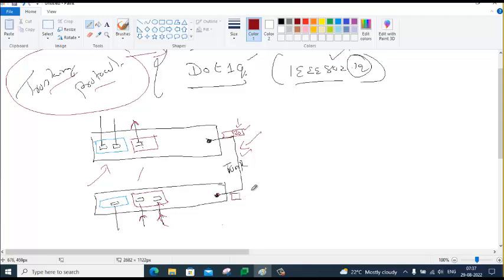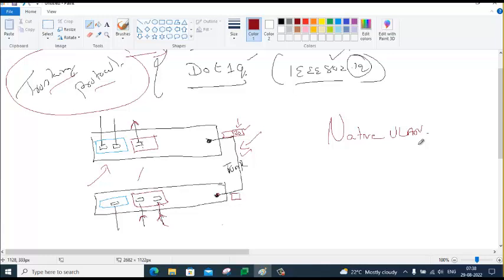Now, this is the right time to learn what native VLAN means. What is a native VLAN? Every trunk port looks for a tag in the incoming frame as they receive this frame. If the frame doesn't have a tag,